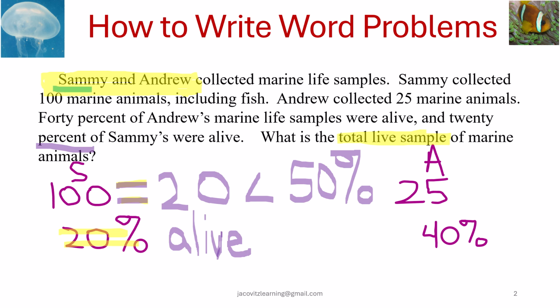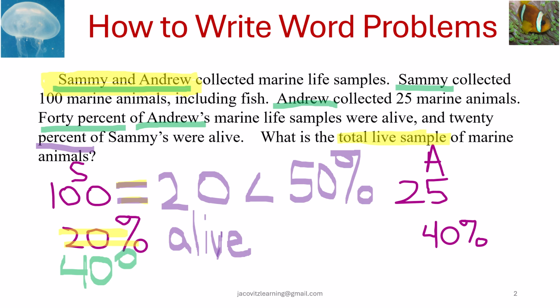Those of you who take the grammar and writing test for graduate school, this is the beginning of this, because they do that all the time and they start playing with your mind. They say, what are they talking about? So they start with Sammy and Andrew, then they go Sammy first, then Andrew second, and then they turn around right here and they say 40% of Andrew's. So the test writer is thinking that you'll want to put 40% here,